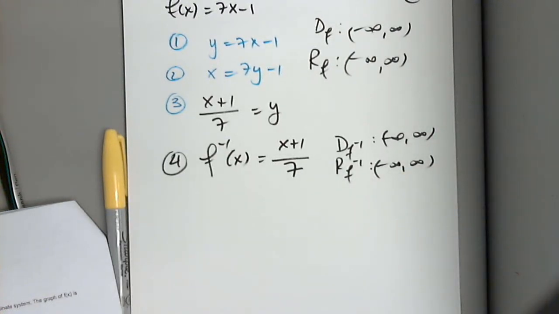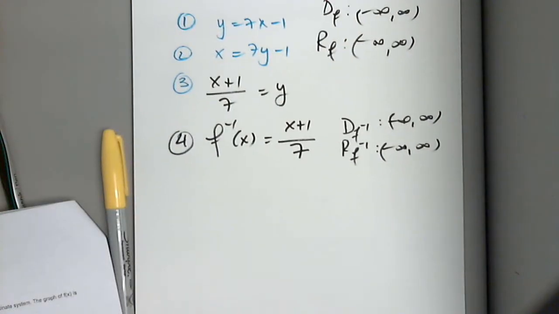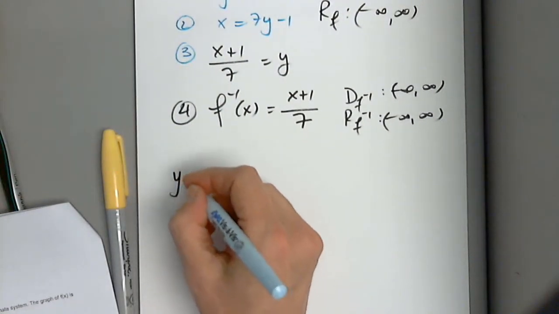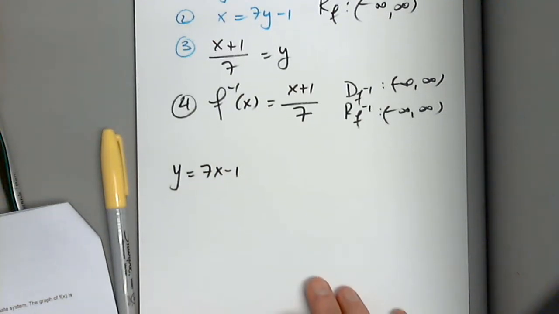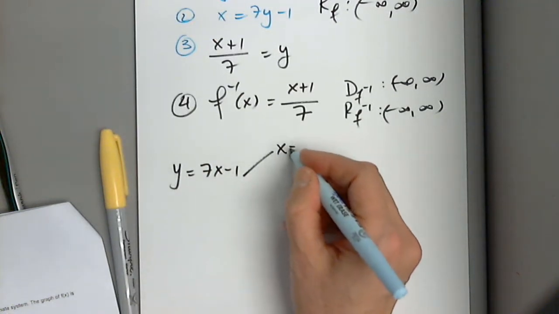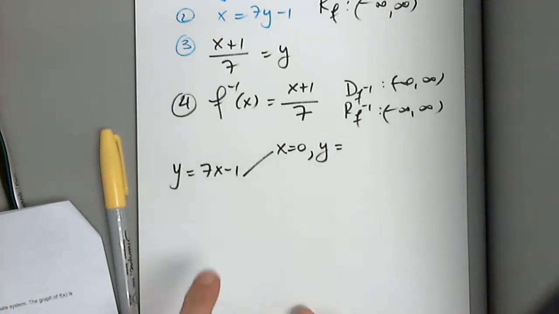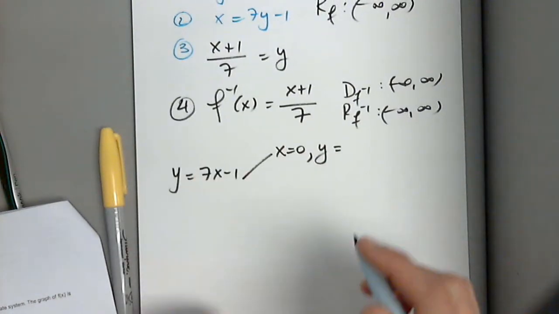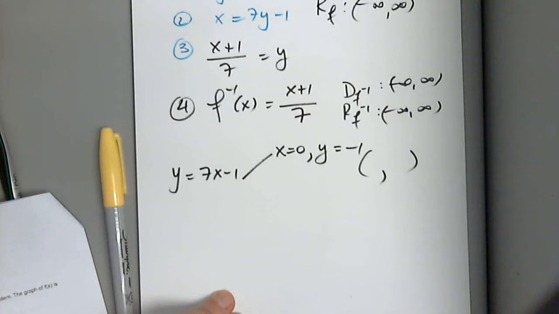Good. So now let's graph. Let's graph the function and then graph its inverse. So let me remind you, we are graphing 7x minus 1. When x is 0, y is, very good. So the ordered pair is,